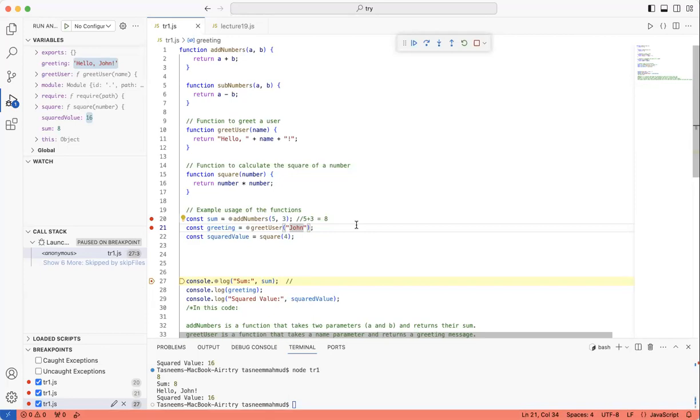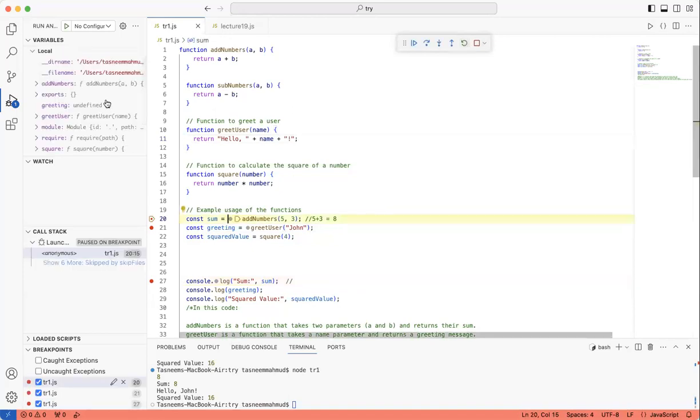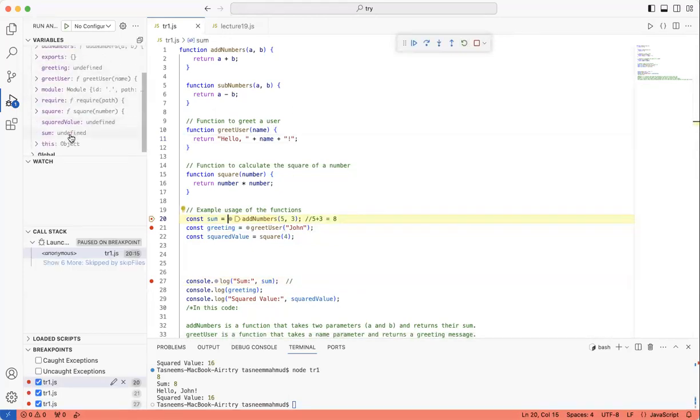Okay. So now we know how to create the breakpoints and run based on that. Now, let's do it again. Let's reset it. How did I reset the whole debugger to go to the first line? I pressed this button, the do-over or restart button. Is that clear for you guys?